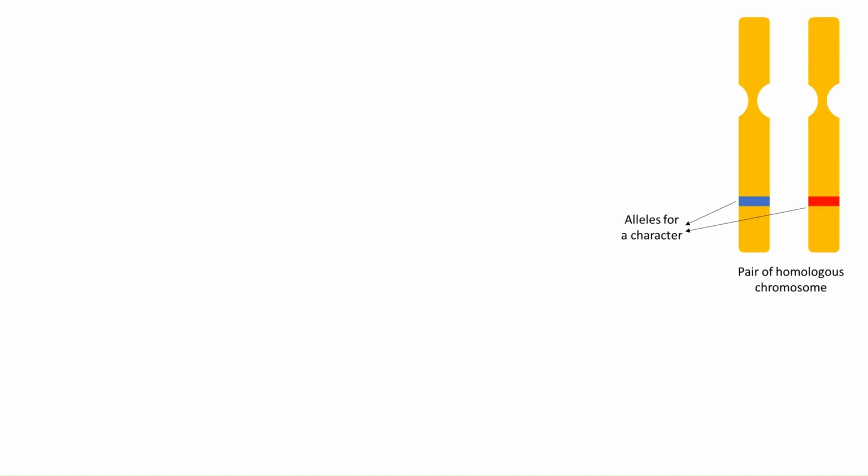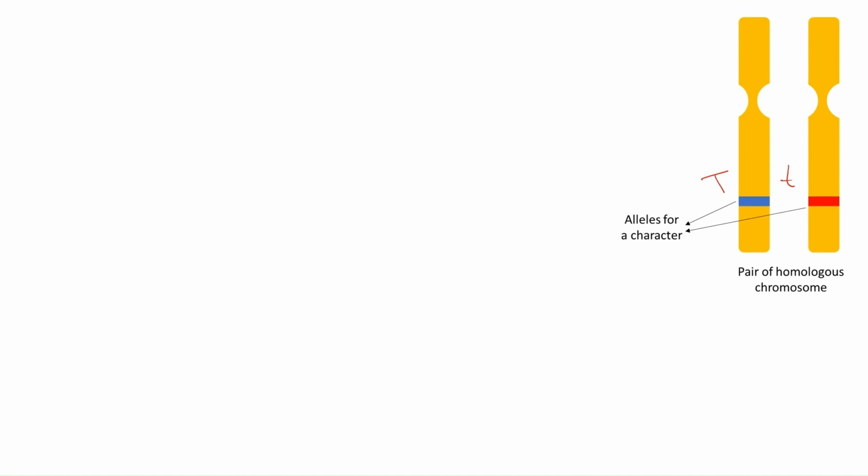Today in this video we are going to study multiple alleles. We already studied what alleles are. Alleles are the alternative forms of a gene. This is a pair of homologous chromosomes at the same locus. In one chromosome allele 1 is present, in the second chromosome the second allele is present, the alternative form of the same gene which is responsible for only one character, for example capital T and small t